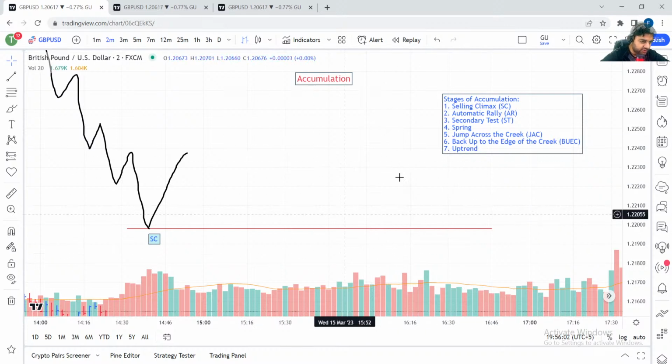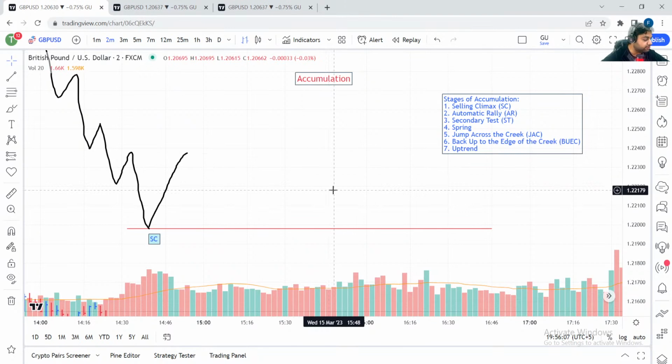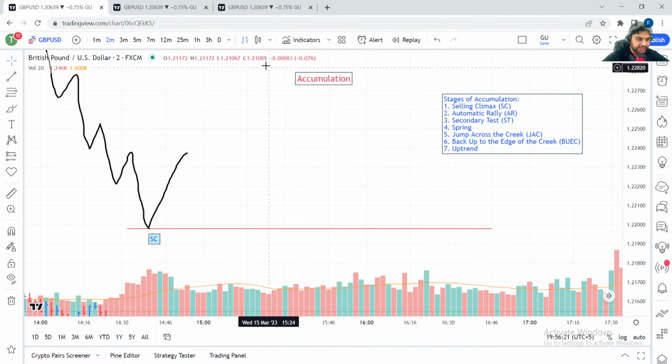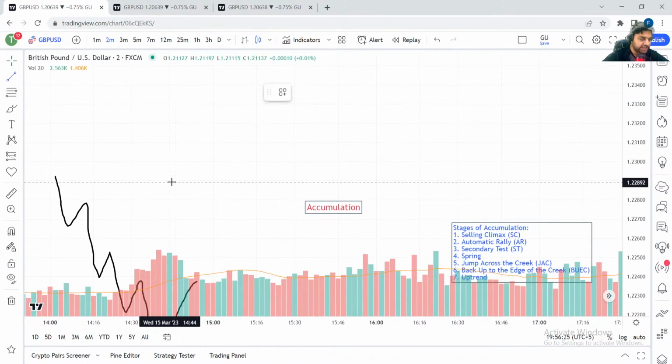Now of course I will also give you the types of accumulations. There are many types of accumulation. Okay, Ajay Sharma ji is saying, sir, for knowledge only, please tell me about bullish engulfing. Okay, so bullish engulfing is actually just like this, something like this. Ajay ji, just for knowledge.